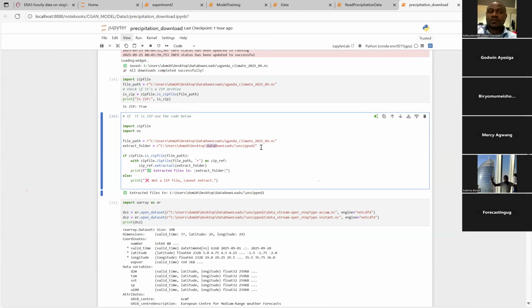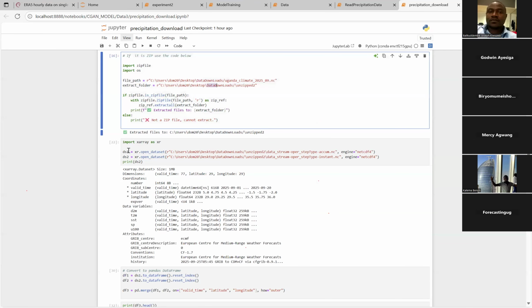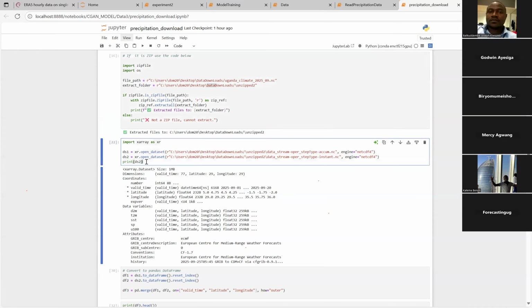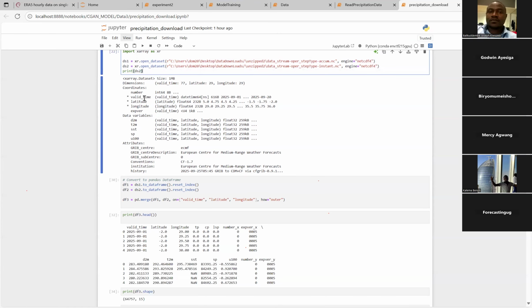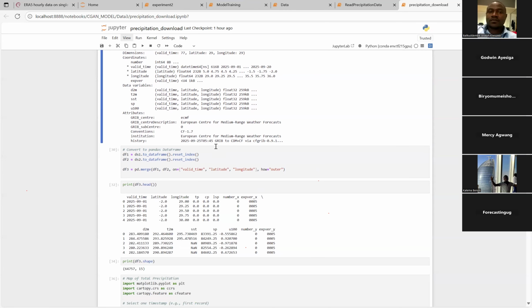After unzipping, I got the .nc files, and it was not one file, there are two files, which I was able to read in script 22. So script 22 connects and reads these netCDF files after being unzipped. And then I'm able to print out and understand the datasets that I have, their structures and so on. But remember, we did look at